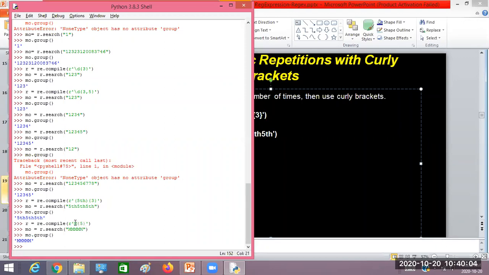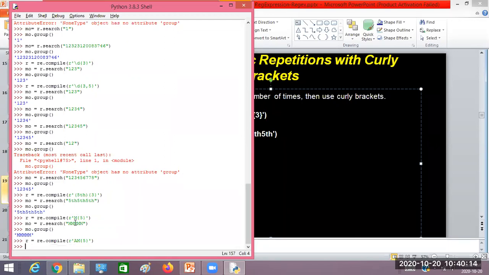Suppose you see here, let me take another example just to clarify this. If I have am with 5, then what will be the result? What is it going to match? Is it going to match am 5 times, or is it going to match a followed by 5 m's?